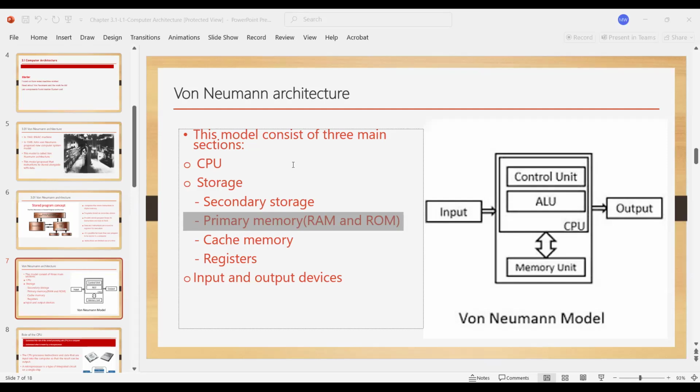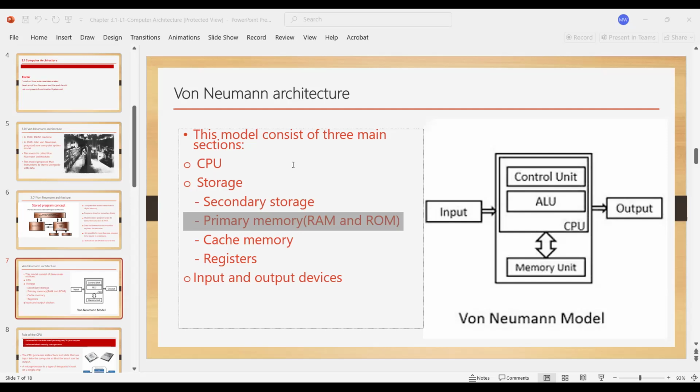RAM is random access memory, and ROM is read-only memory. In ROM, the basic instructions of the computer are stored. That means how the computer is running. So ROM is a permanent memory. You cannot change it. It remains the same. RAM is a temporary memory. It stores the